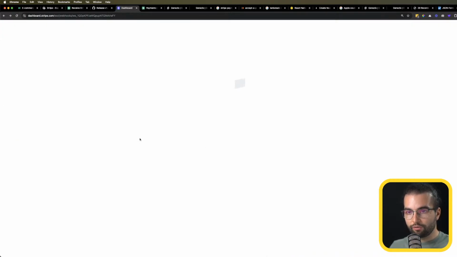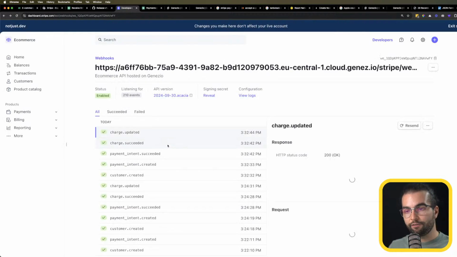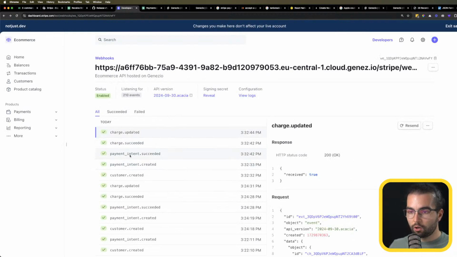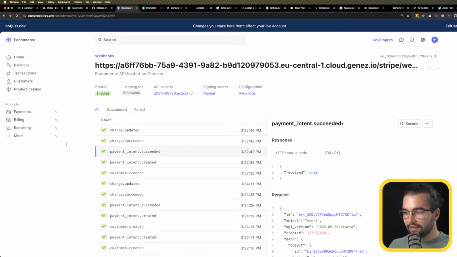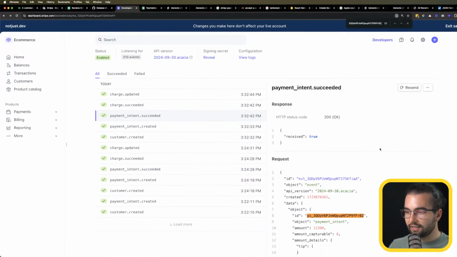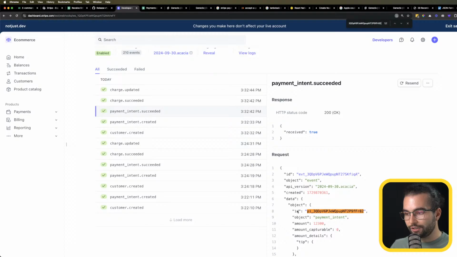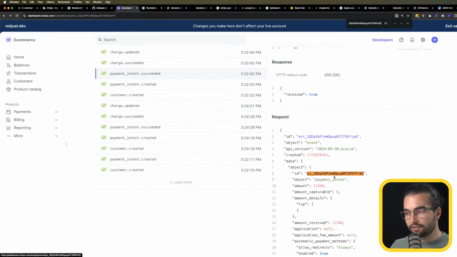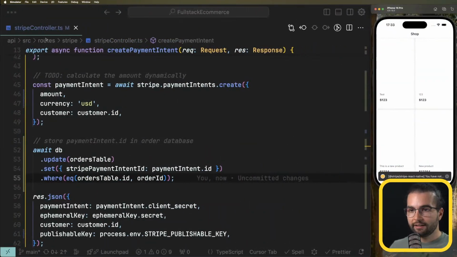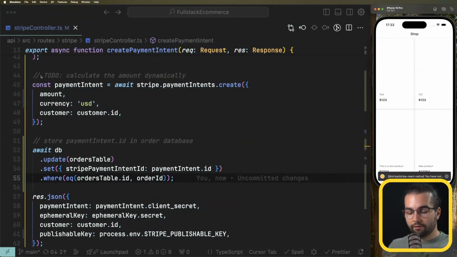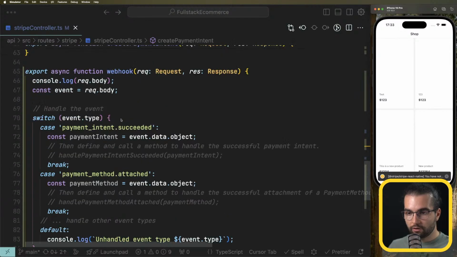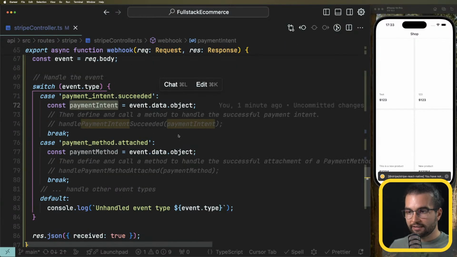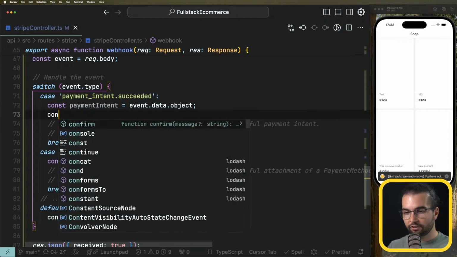So if I reload this dashboard where we see what events were sent to our webhook, we have this payment intent succeeded. And if I search for this ID, we see that data object ID is the ID of our payment intent. So based on this information, we can find the order in our webhook. We have payment intent. It's gonna have ID, so we are gonna find